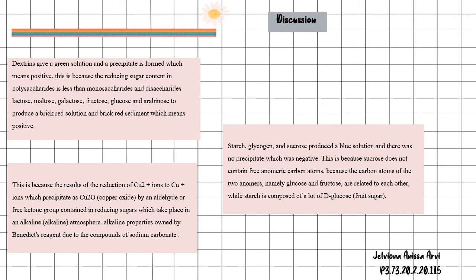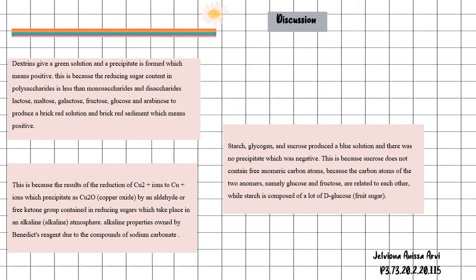The test result obtained from the Benedict test are in the experimental solution dextrin, it gives a green solution and a precipitate is formed, which means positive. This is because the reducing sugar content in polysaccharide is less than monosaccharide and disaccharide. And next, for starch or amylum, glycogen and sucrose produce a blue solution and there was no precipitate, which was negative. This is because sucrose does not contain free anomeric carbon atoms, because the carbon atoms of the two anomers, namely glucose and fructose, are related to each other, while starch or amylum is composed of a lot of D-glucose,